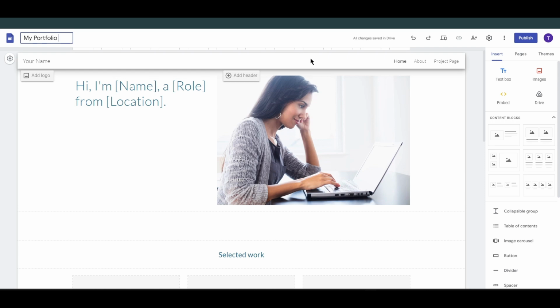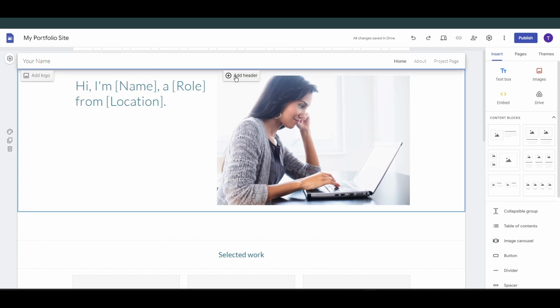First, give your site a name. You can add a logo, add a header, and also change the header type.